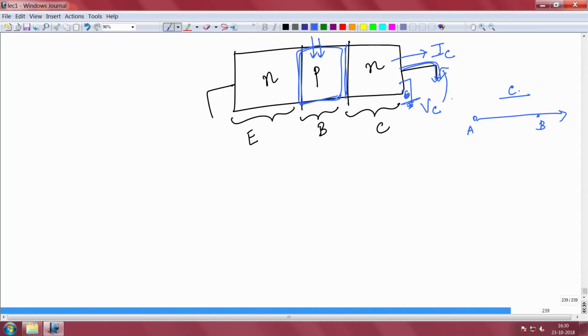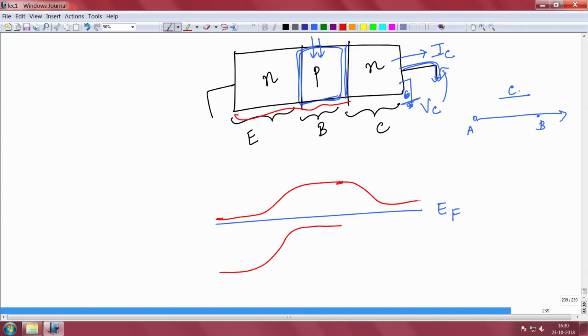Okay. So, if you draw the equilibrium band diagram, then the Fermi level has to be the same everywhere. This is a PN junction, the first one is a PN junction. So, it looks like this, right. And then next is an NP junction. So, again it will look like this. So, I can assign that doping: there is a P type doping here, there is an N type doping here. So, I told you that this is the base emitter junction, this is the base collector junction, and in equilibrium, there is no current flowing.